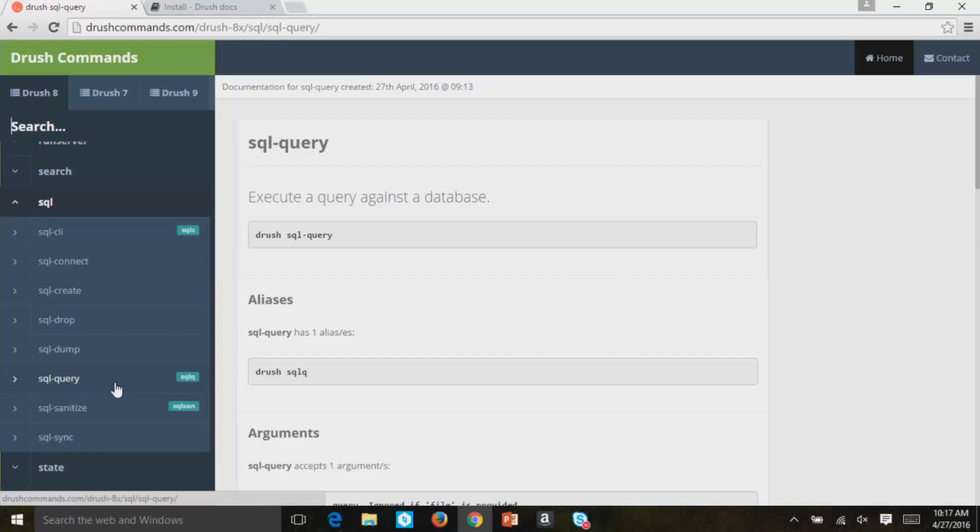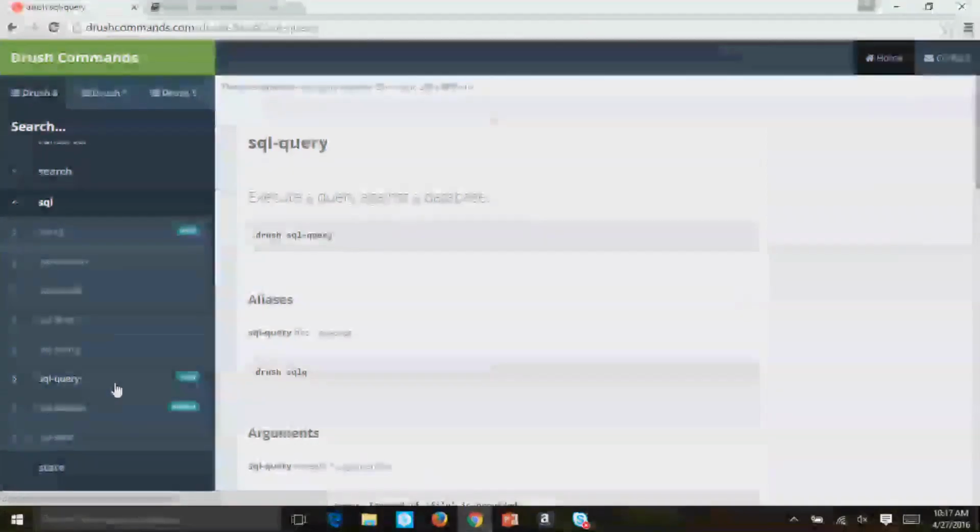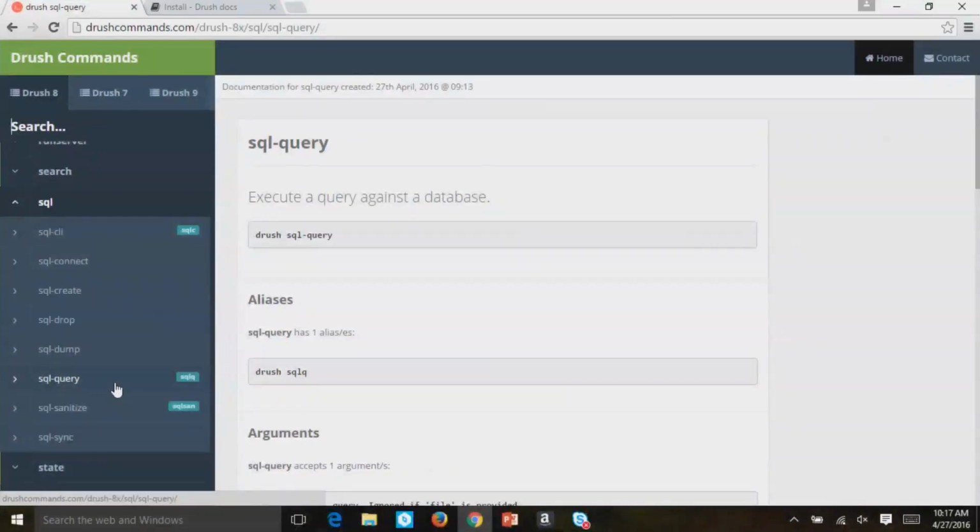Well, for those of us who are on Acquia, and those of us who are not on Acquia, the statistics module is very terrible. It should be disabled in production unless you have a very specific reason to be using the statistics module. Because what happened was the statistics module was logging every single action on my site in a 3.5-month rotating window and dumping it all into the database.